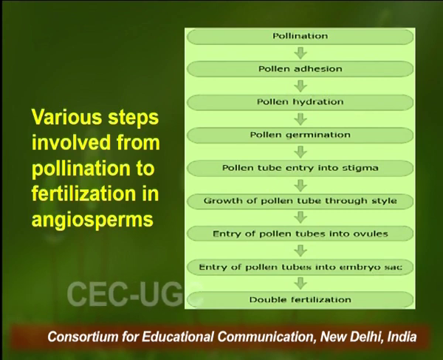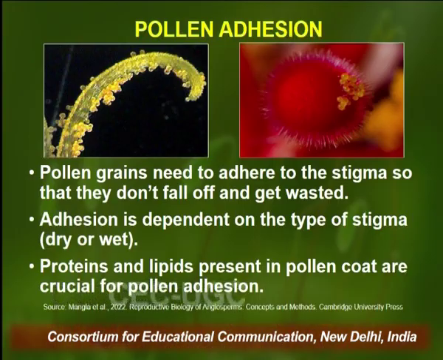I will be talking about each of these steps in detail with you shortly. Now, the first thing is, whenever the pollen lands on the stigma, sometimes the wind velocity is high, sometimes the stigma does not have that much surface area to catch all the pollen which are available. So, the first and foremost process is pollen adhesion, that is, the pollen grains, whether